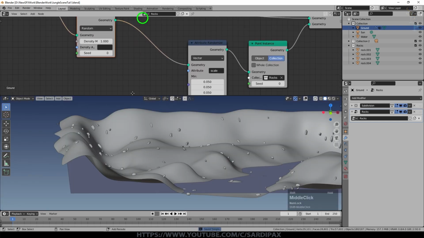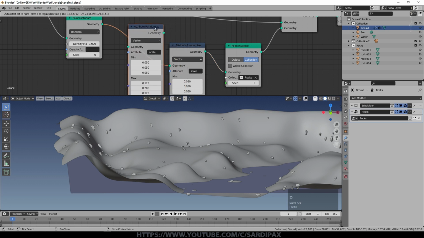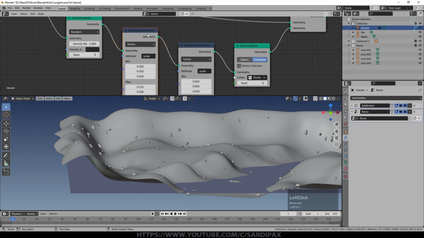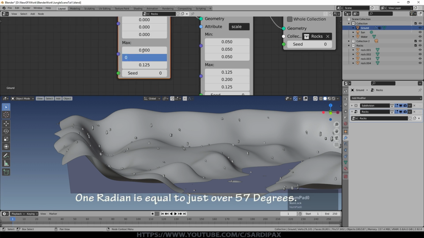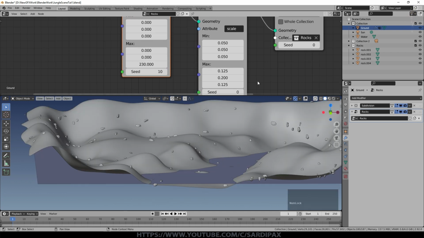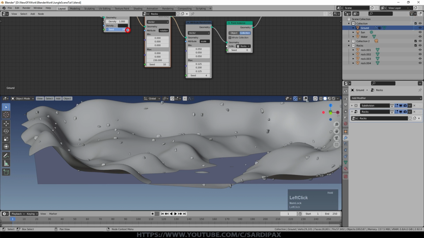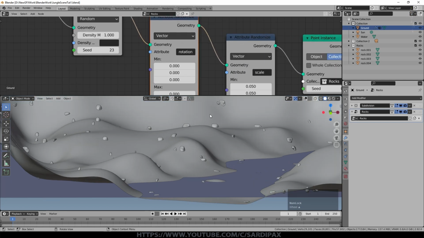So now what I want to do is just play around with the rotation of our rocks. So I'll just copy that attribute randomize node and drop that in there. Click in here and change that to rotation. I'll set the minimum to 0. I think this works in radians, so we'll leave those at 0, but the maximum, something like that. And the seed value will just give you different distributions, in this case different distributions of rock, but they're still scattered everywhere. So how can I get them to just be around the stream bed?